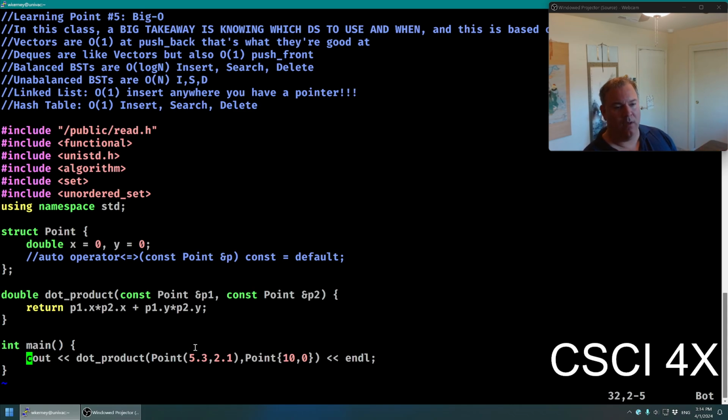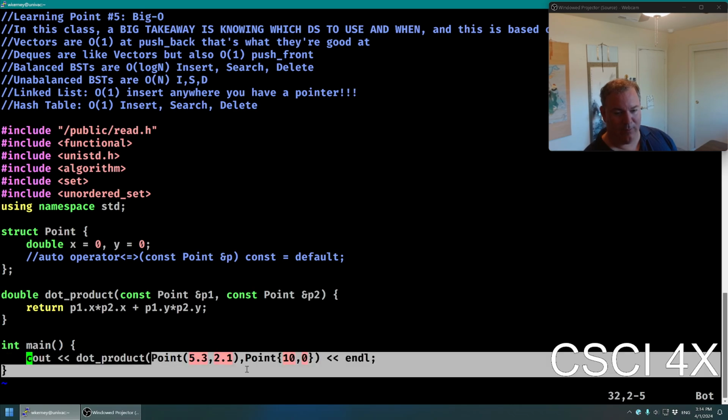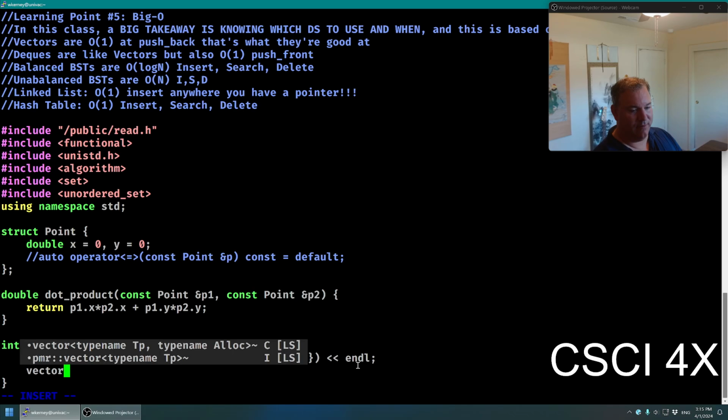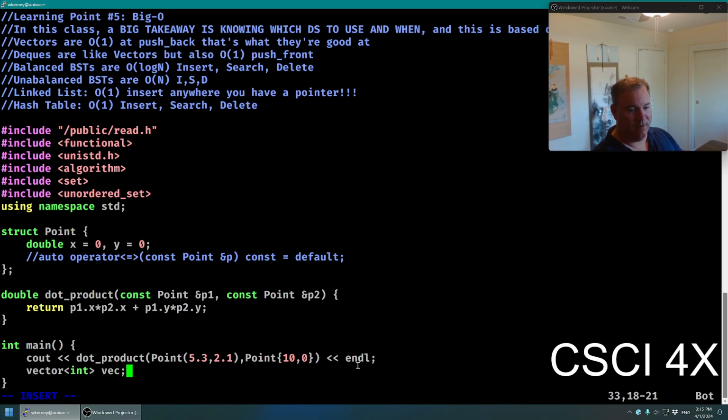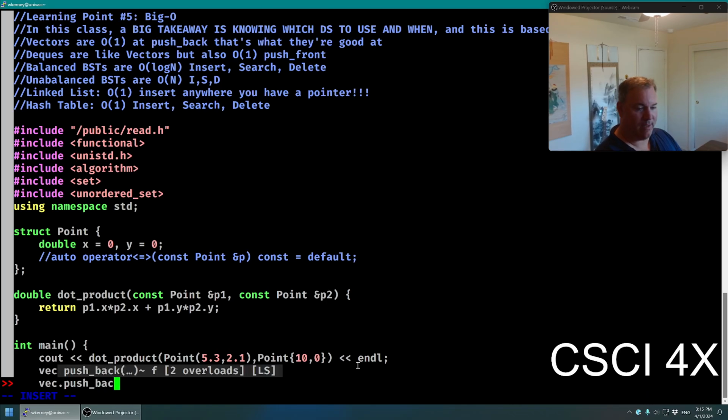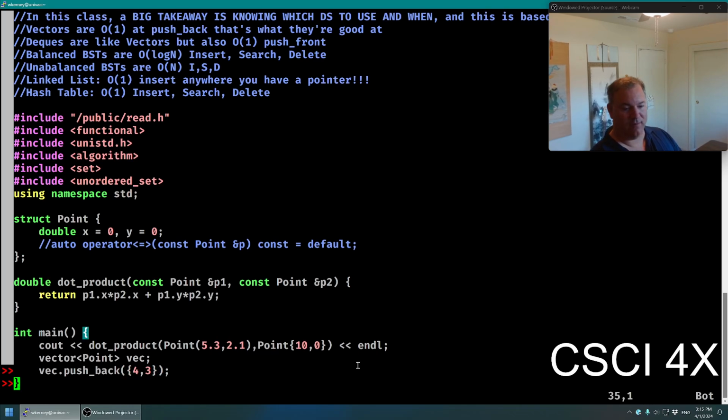Okay. You guys understand this? So we made a variable with no name and a variable with no name and passed them in. And then after the line of code is called, we have no way of seeing those again. They're gone. Make sense? You can do this with vector. Like you have a vector of integers named vec. See vec dot push. Actually, let's make it a vector of points. Why not? And so you'd say vec push back. You can actually just push back just like this.